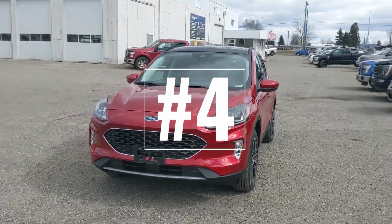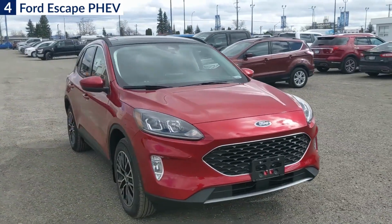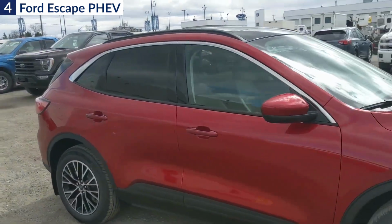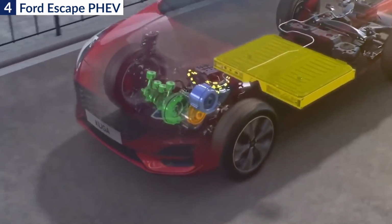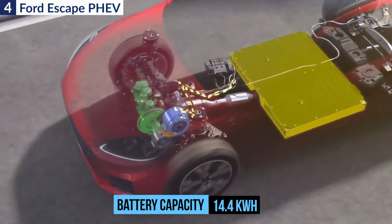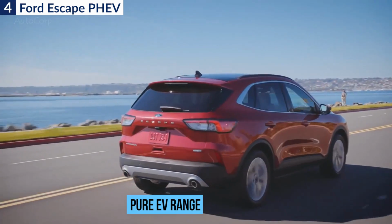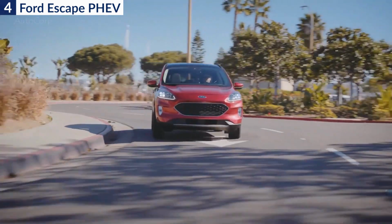Number 4. Ford Escape PHEV. Already a standout for its sleek design and large cargo capacity, the Ford Escape gains another level of appeal in its 2022 Escape plug-in hybrid version. Compared to the Escape Hybrid, the plug-in hybrid has a bigger battery that you can recharge at home or at a public charger. Fully juiced up, it can drive about 37 miles on all-electric power, at which point it switches